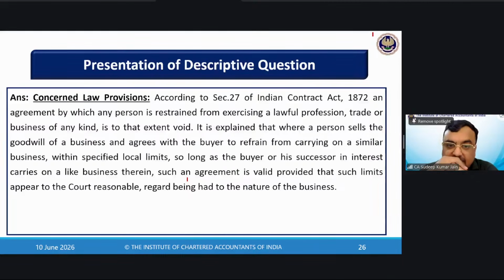सेवन्थ पॉइंट जो दे कंसिडरेशन रखा है। कंसिडरेशन अनलॉफुल भी हो सकता है, और अगर अनलॉफुल होगा तो वॉइड होता है। जैसे मान लीजिए किसी ने ए ने बी से कहा कि तुम सी को मार दो, मैं तुम्हें 1 लाख रुपया दूंगा, तो जो कंसिडरेशन है वो अनलॉफुल हो गया ना, किसी को मारना, कॉन्ट्रैक्ट वॉइड हो जाएगा।